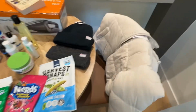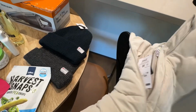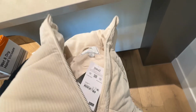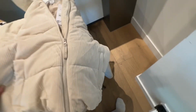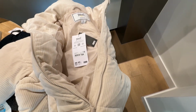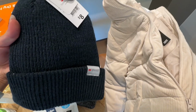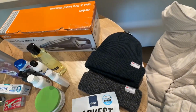And then I went to Kmart and I got this really cute, how can I show you guys this? Let's see. Really cute puff jacket. It's kind of like a puff jacket, but kind of feels like a corduroy, soft fabric. It's really cute and pretty thick and warm. And this was $49. And then I also got 2 beanies. These were each $8. So this one's a knitted navy color, and then I got the same style in gray. And then I also got